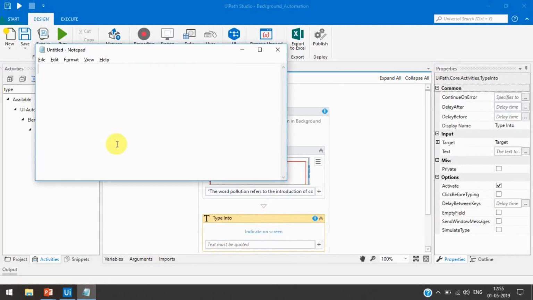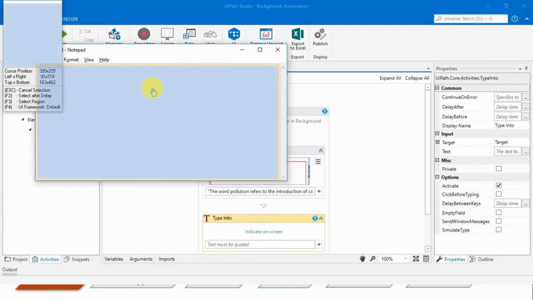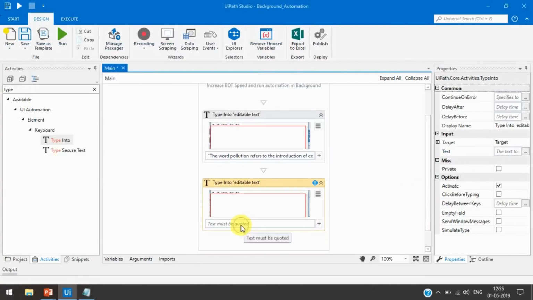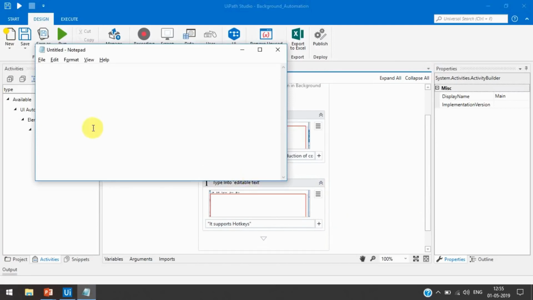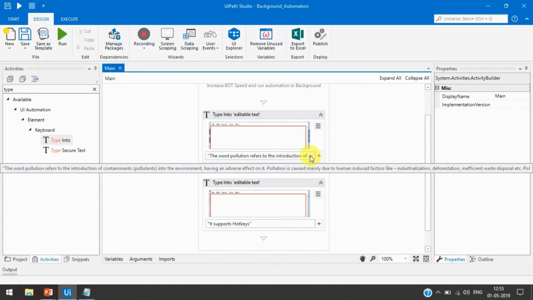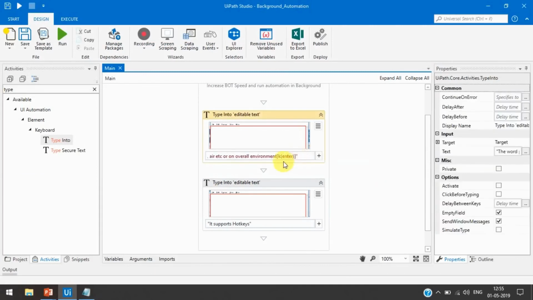First let's remove this, indicate on the screen that notepad here, and then we'll type here: it supports hotkeys. So if it supports hotkeys, then it will press one enter after typing these sentences, and if not, then it will just show this k enter word as a string here. Let me show you this one, k enter.